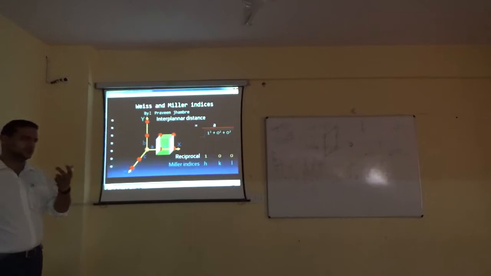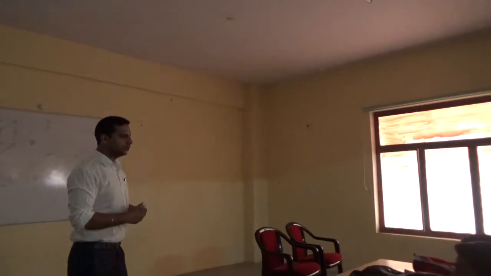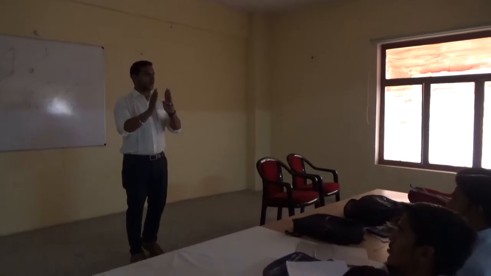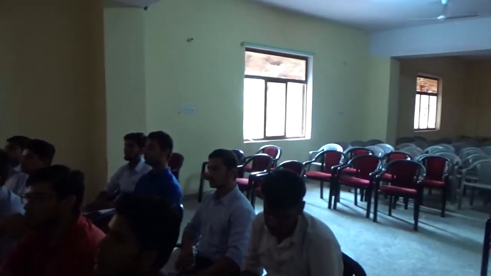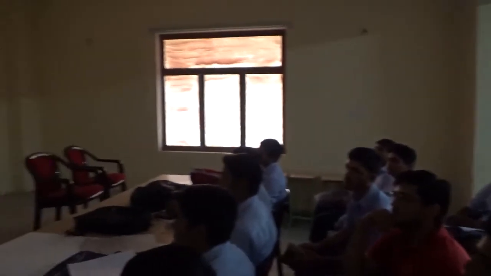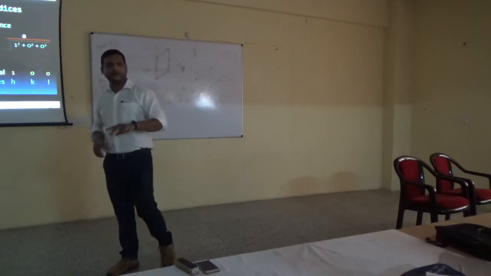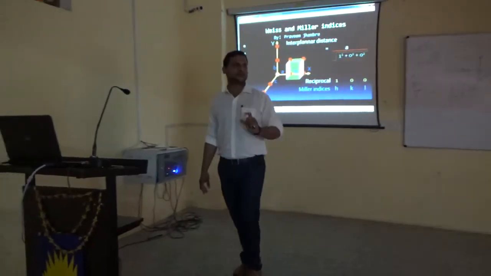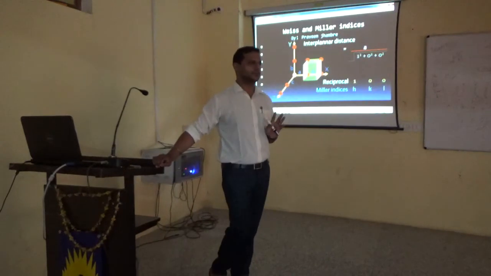First application is just to denote the location of an atomic plane or atoms. Second is how can we calculate the distance between two atomic planes. And from the first week, these two topics, the atomic packing factor for the hexagonal packing structure, and how we can find the Miller indices or denotation of the Miller indices coordinates, and the interplanar distance between two atomic planes, are very important from the university exam point of view.